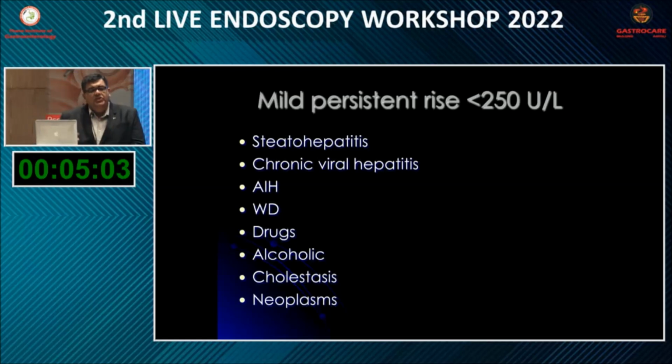If you have a patient whose SGOT-SGPT is more than 400, even if this person is taking alcohol, you have to still look for other causes. We have had patients who have been drinking heavy doses of alcohol. They came to us with jaundice and we found autoimmune hepatitis. We have had patients with severe alcohol consumption coming to us with jaundice and we have found lymphoma of the liver. So whenever the enzymes are more than 400 in an alcoholic patient, you have to look for other causes. Don't label this person as alcoholic hepatitis. And then you have other causes like Wilson's disease, autoimmune hepatitis, cholestasis, and malignancies, which can cause mild elevation of